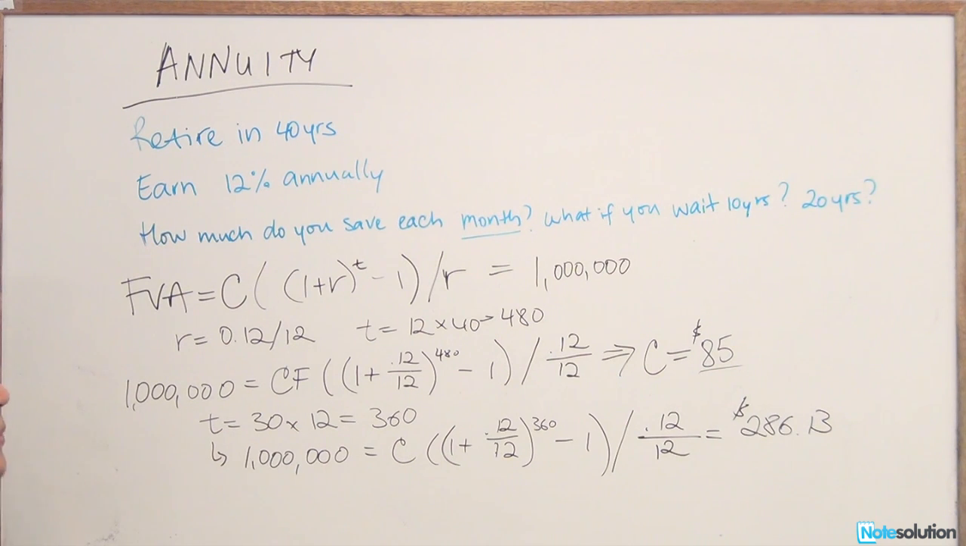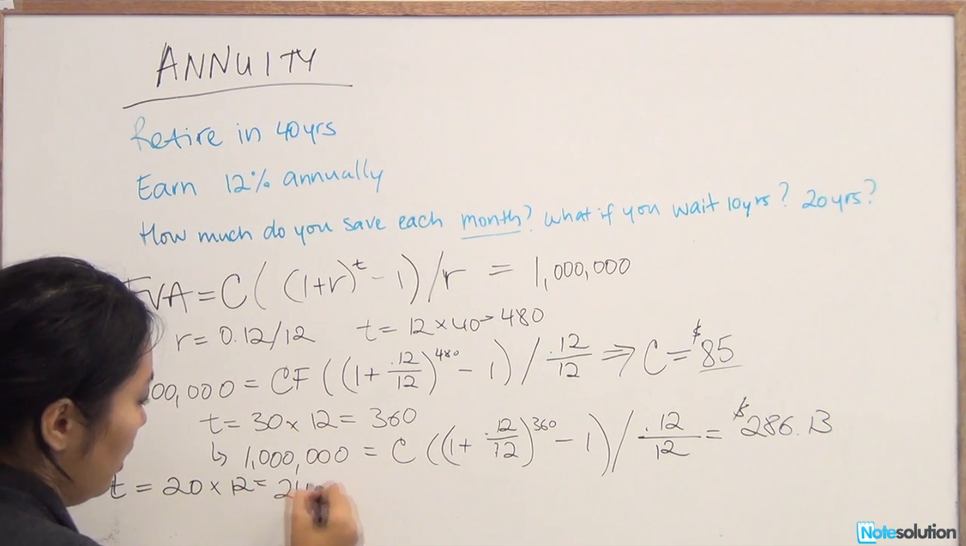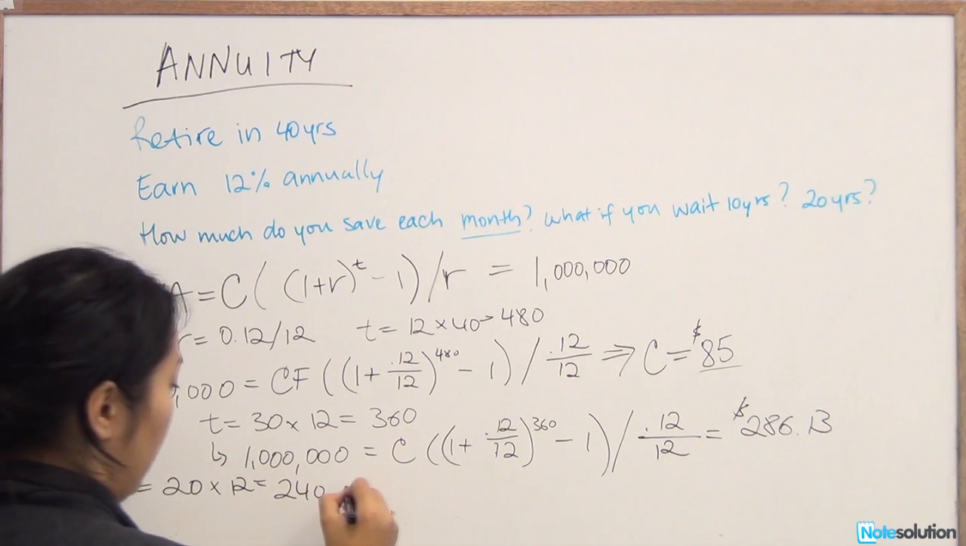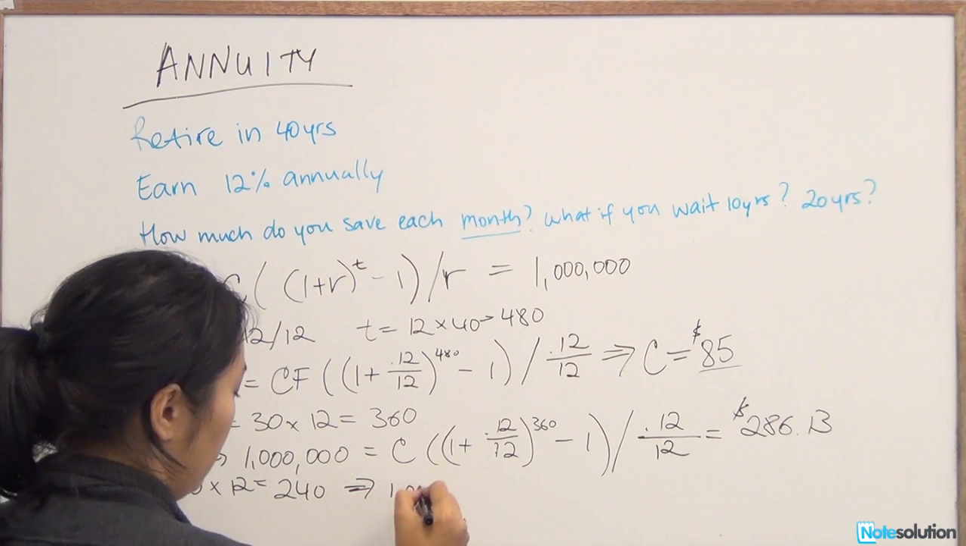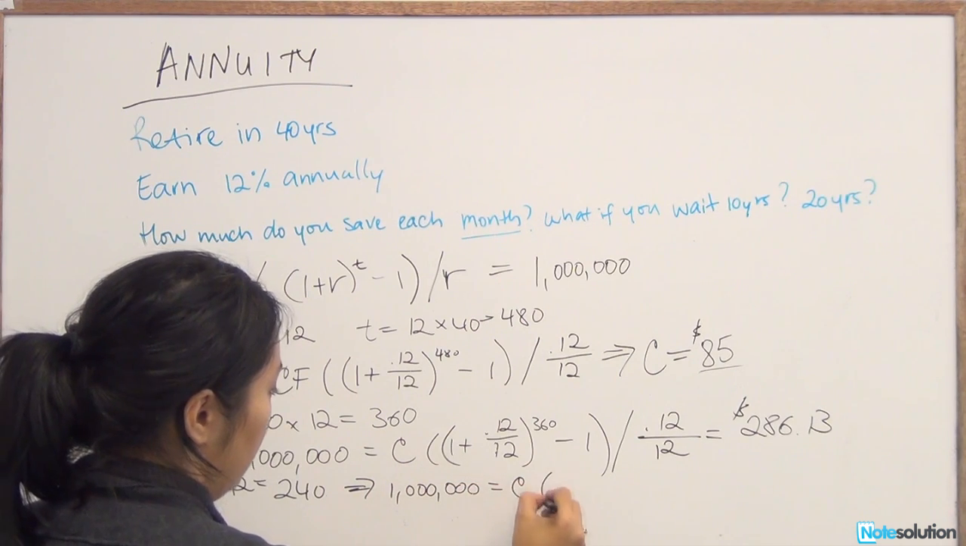And finally, the last part of the question is, well, what if you wait for 20 years? Again, that only affects your time period, so your T becomes 20 times 12, because that's your number of months in 1 year, so 240. And now that you have your time period, you can again solve for the cash flow. So we have a million is equal to C